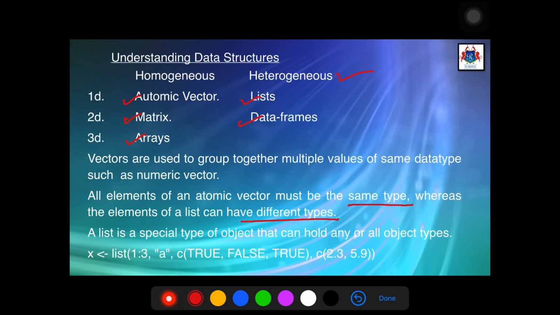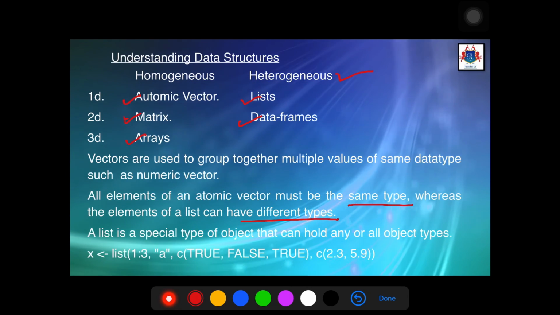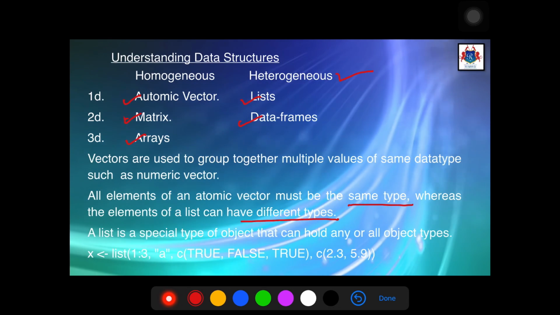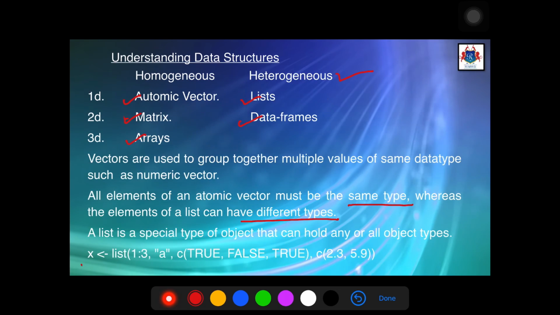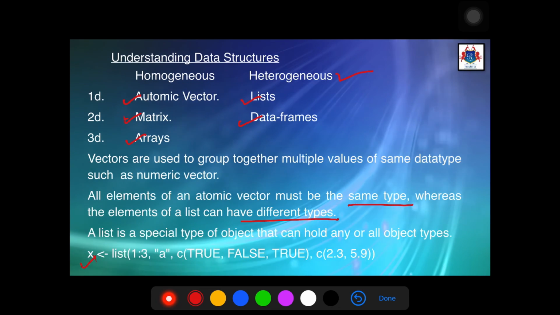The list is a special type of object that can hold any or all object types. Say for example, here is the example. Create a list called X, and this is the syntax.